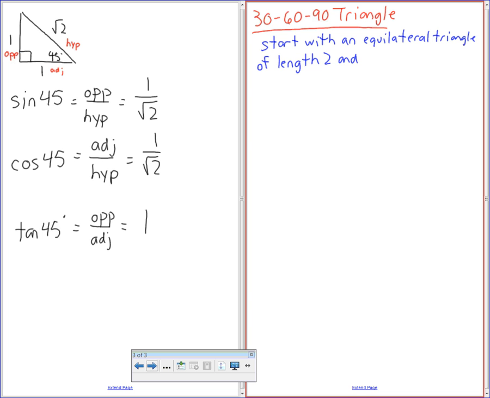And chop it in half. That's such a mathematical term, chop in half. So I'm going to draw my beautiful triangle. Looks something like this. Equilateral, if you remember, has all sides and all angles the same. The reason I want to make it 2 is because when I chop it in half, what's the side length going to be then? Yeah, 1, which would be a lot nicer. So I'm going to divide this by 2 and then I'm going to